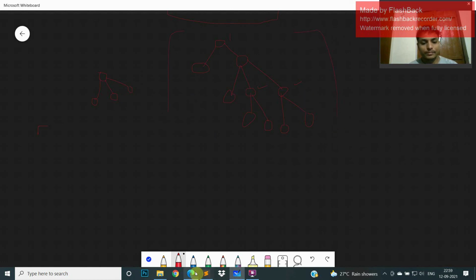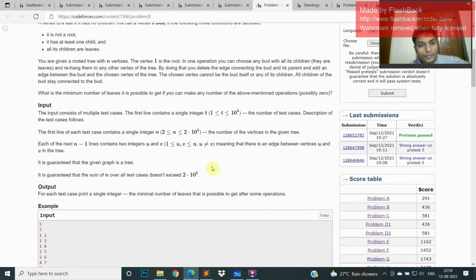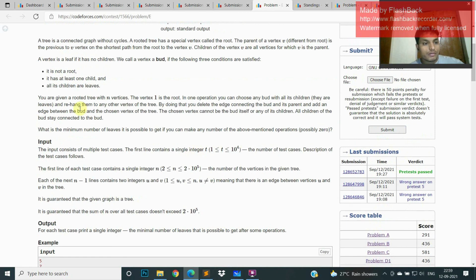Okay. And if we detach and rehang them, we just choose a vertex and rehang them where it is not a bud or any of its children will be a bud.